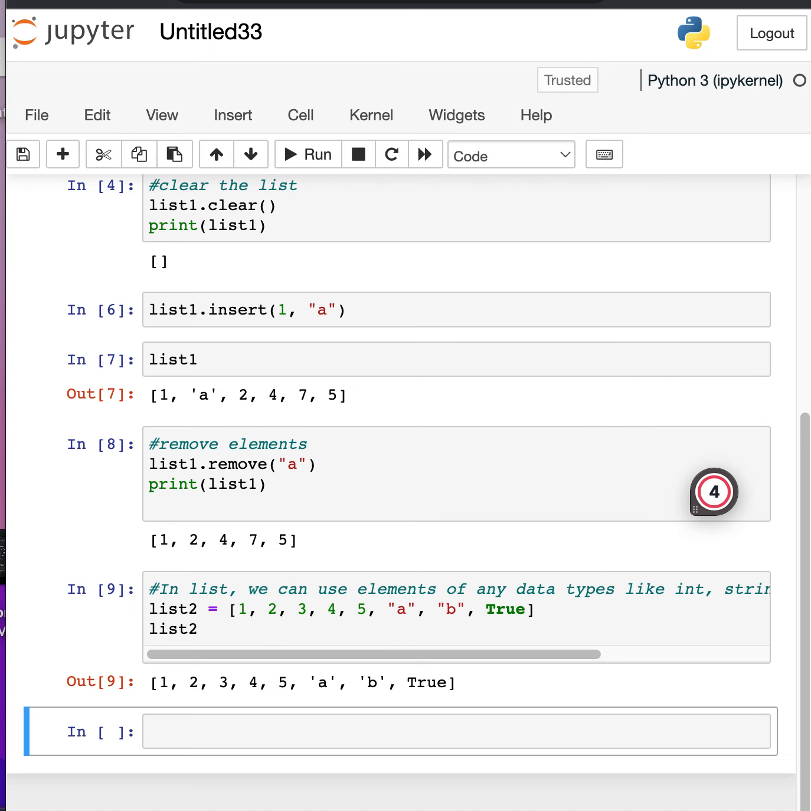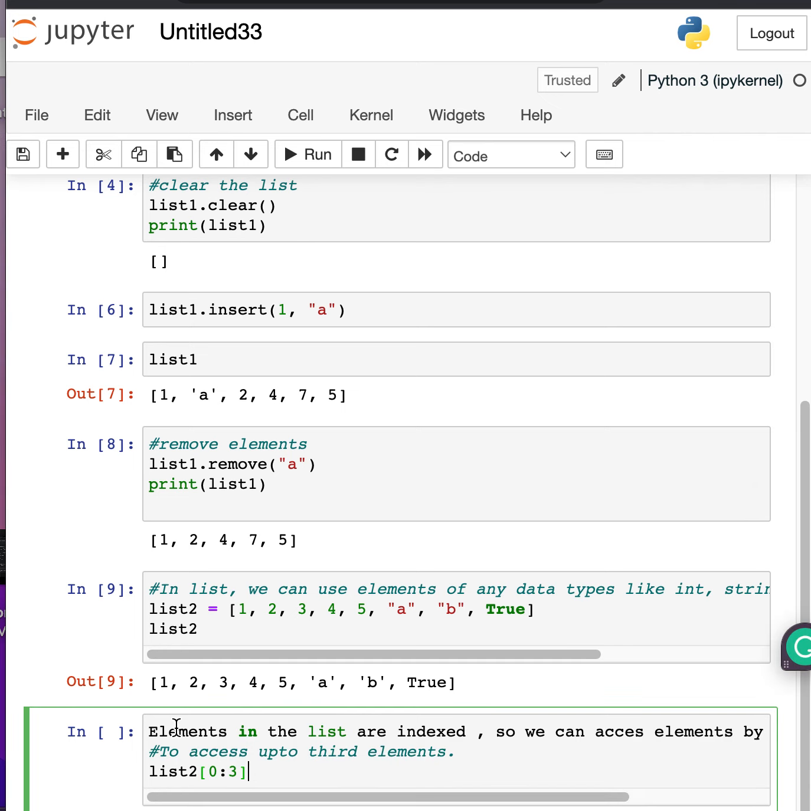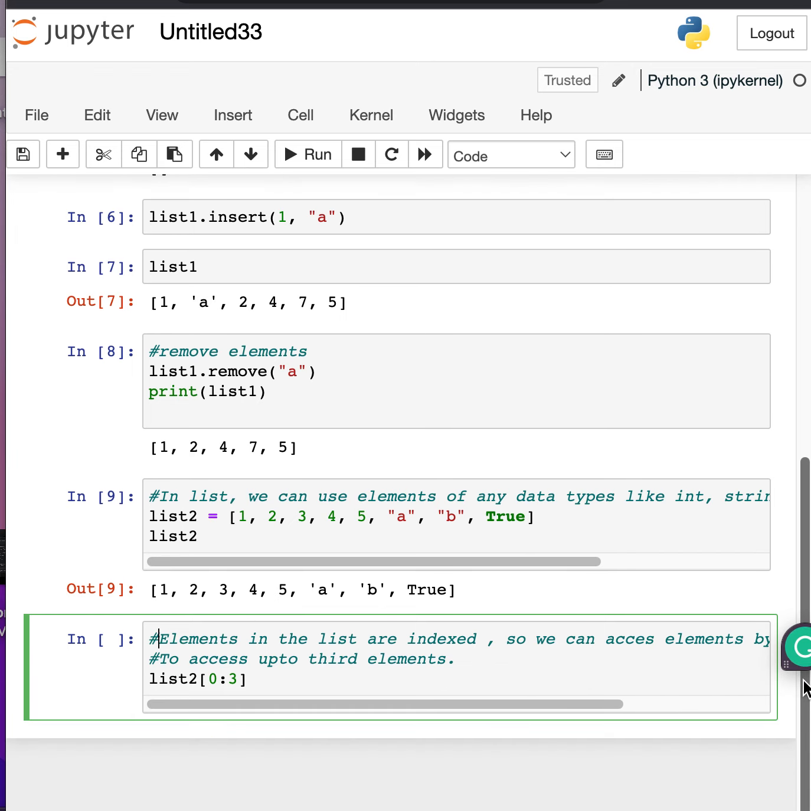Another thing is that the elements in the list are indexed. That means we can access an element by giving its index number. So if you want to access these elements in the list, you can give the index number. Here in the example, if you want to access the first to third elements, you can give the range starting from the 0th index to the second index,